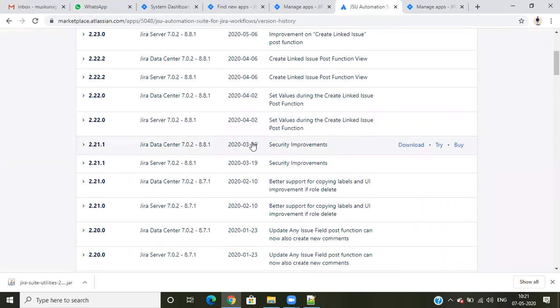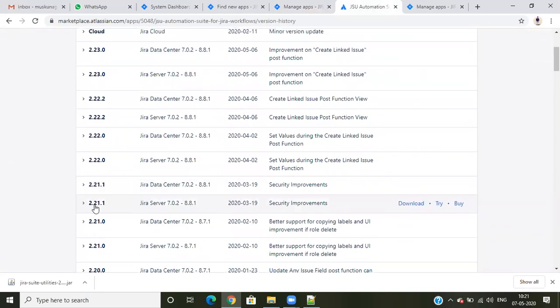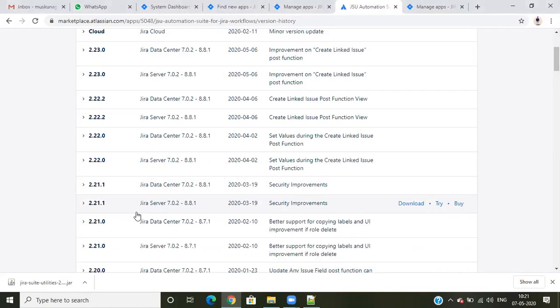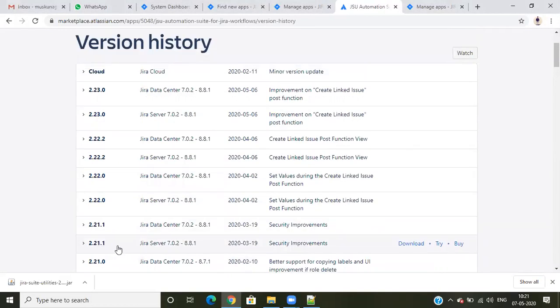The next scenario: suppose I'm using 8.8.1 with plugin version 2.1, and my manager asked me to upgrade this version to 2.22 only.